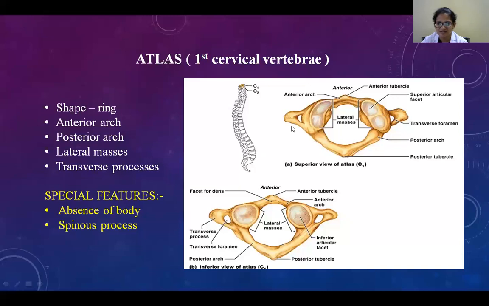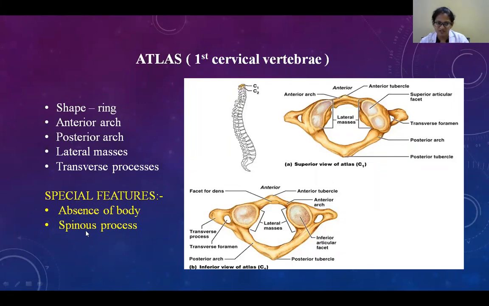And next, this is the transverse process. The transverse process arises from the lateral side of the articular facets. You are going to feel the transverse process. It is somewhat large and slender. You can feel the transverse process of the atlas in between the angle of the mandible and the mastoid process. This is about the atlas.